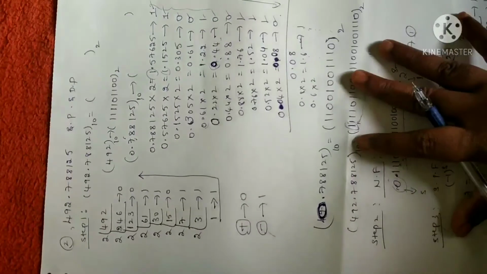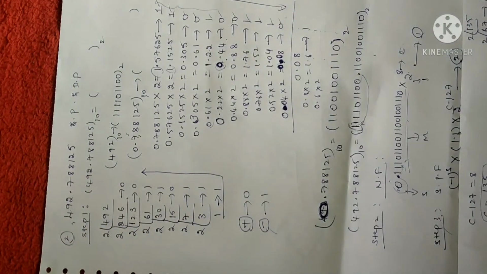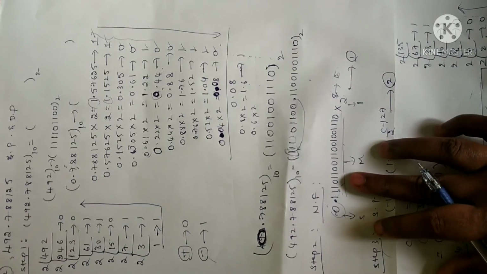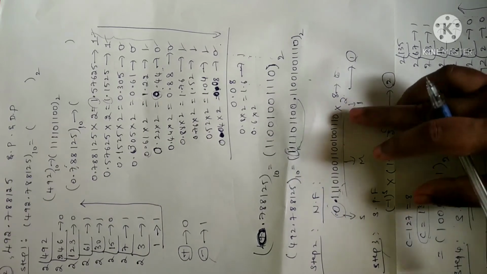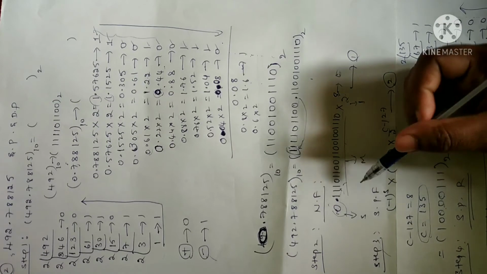First step is as usual, convert a given number into its equivalent binary number. As I already explained in detail in the previous video, please go through that. In the next step I have written the normalization form. But remember, in normalization form, before shifting the decimal point, you have to look at the given problem whether the